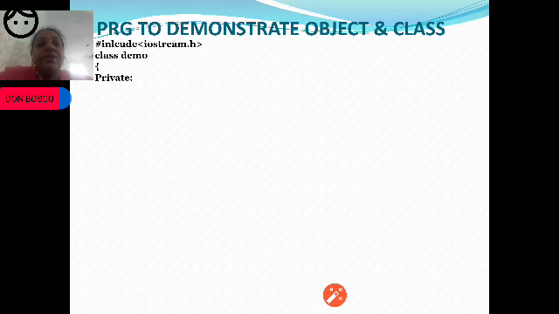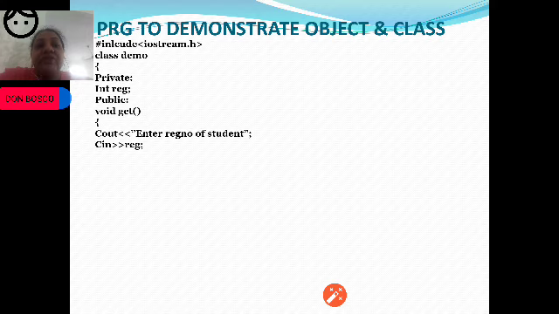The demo class has a private member, that is register number, and then we have get, which will accept the register number of the student, and then we print the same by using the put function, which prints the register number of the student. There we end the class definition.